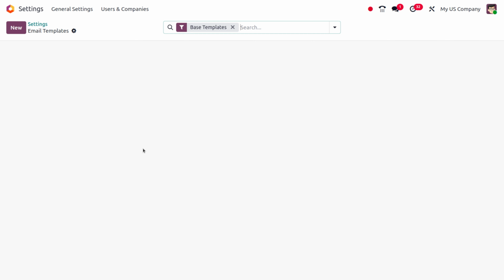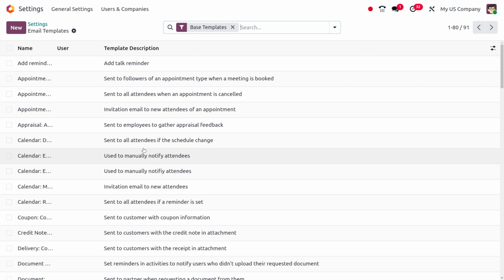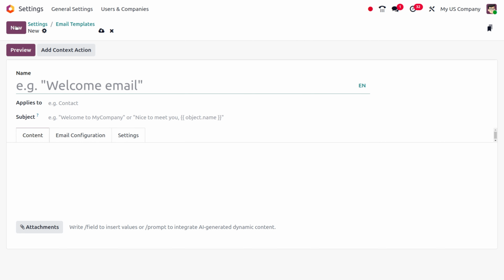In Odoo 19, we have a new feature called the dynamic placeholder. So let's see how we can make use of the dynamic placeholder in the email template prompt. You can click on the new button in order to create a new email template. So here you can provide the name of the email template. Let's say that this is a welcome message